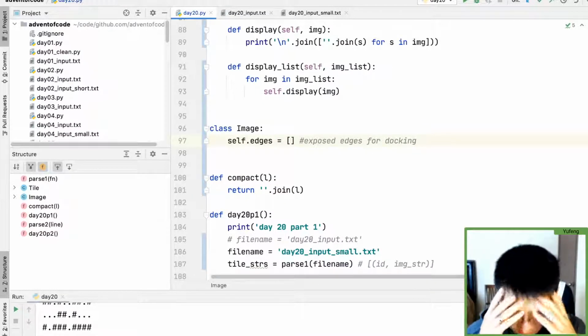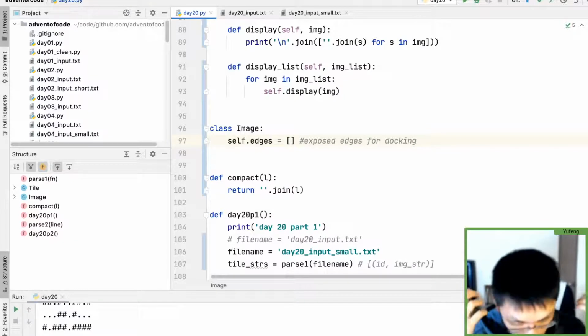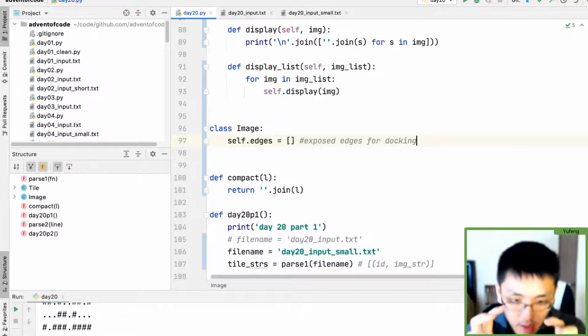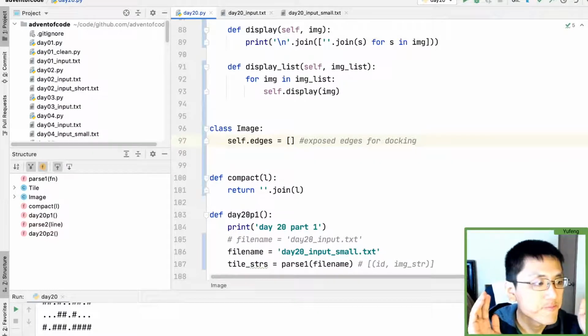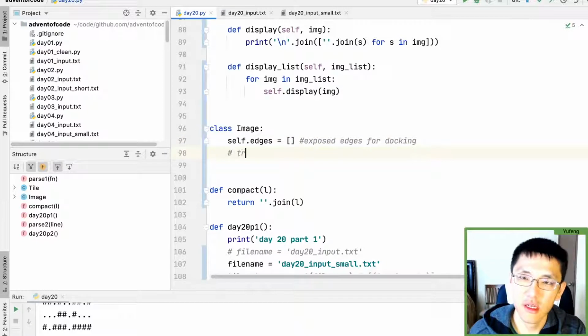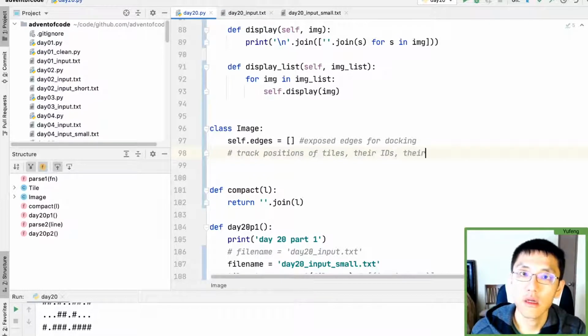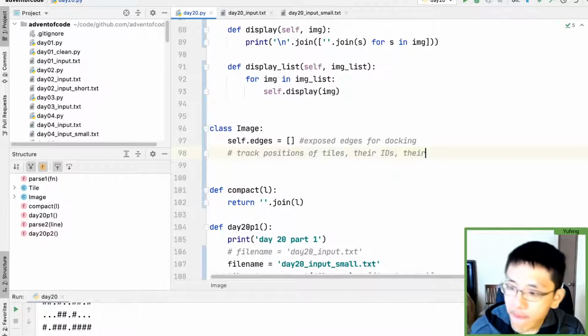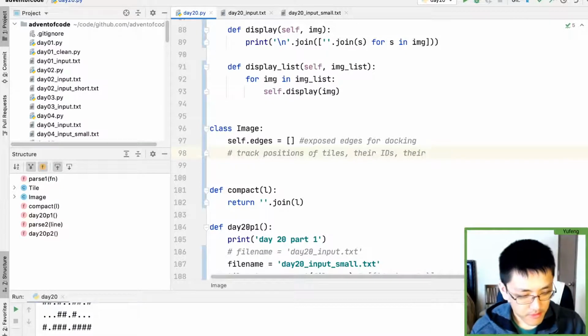And we want to somehow capture the value, orientation, and border of the tile that we are holding. So we need to know the number, and there's a bunch of things here we need to track. We need to track the positions of tiles, their IDs,